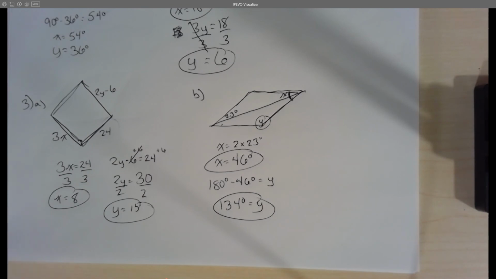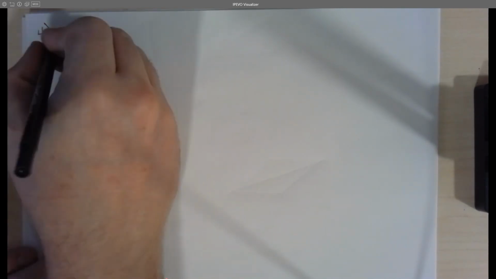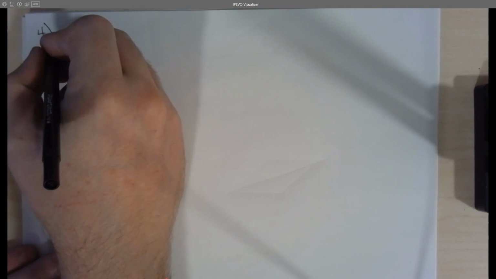Now let's move on to our last sets of questions, which deals with squares, finding the x and y values within those. So question 4, we have two pieces here as well. We have part A, which is a little bit easier, and part B, which is definitely not easy. Part A,